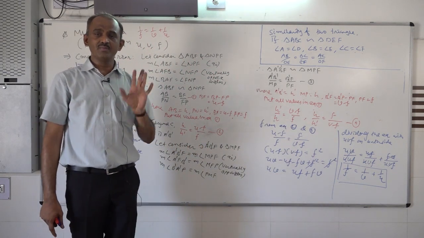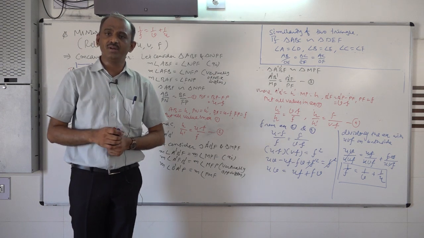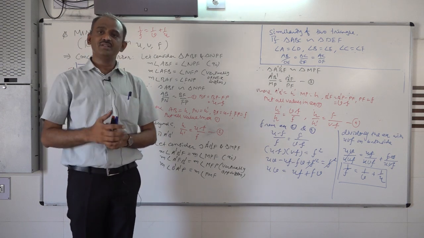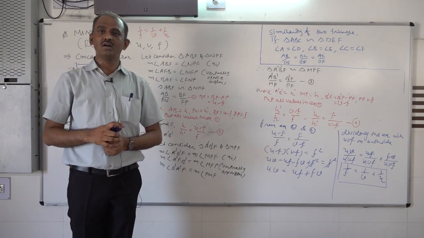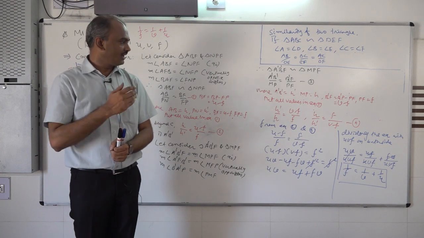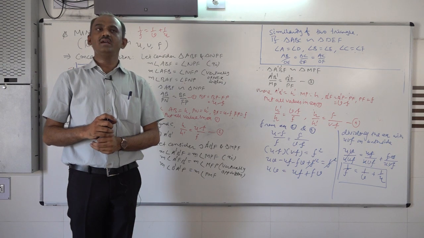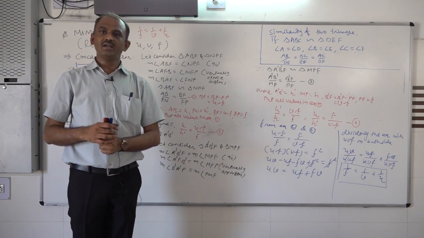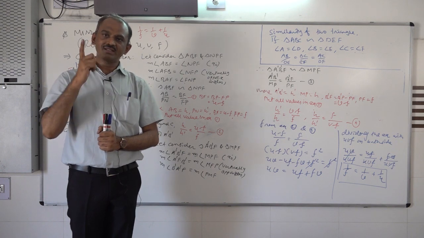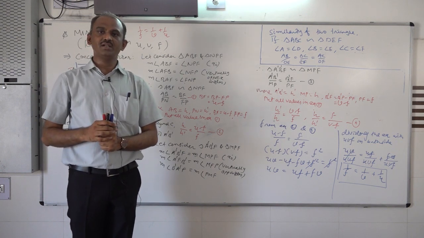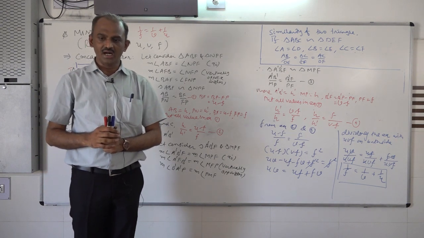So you have to remember the formula: 1 upon f is equal to 1 upon v plus 1 upon u. This is known as the mirror formula, and it is a very, very important formula for solving numericals. So my dear friends, understand this theory, remember the formula, and practice writing it 2-3 times. In the next lecture, we will discuss numericals based on spherical mirrors with the help of this formula. Thank you.